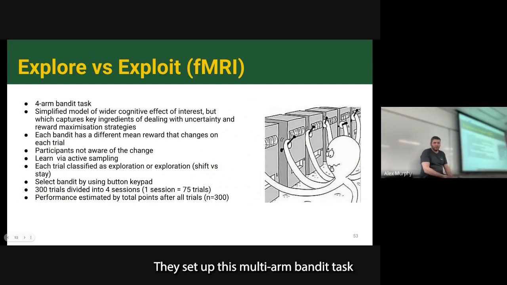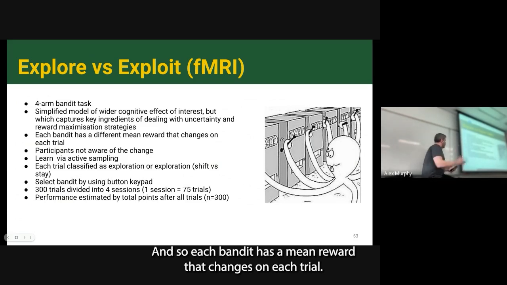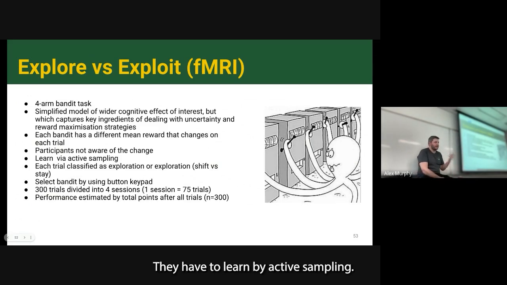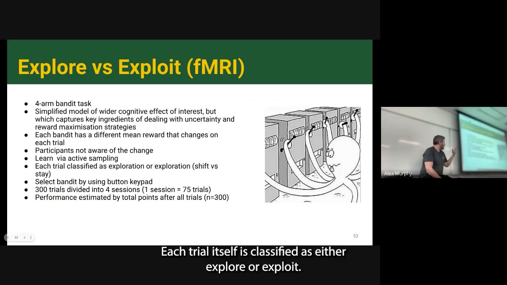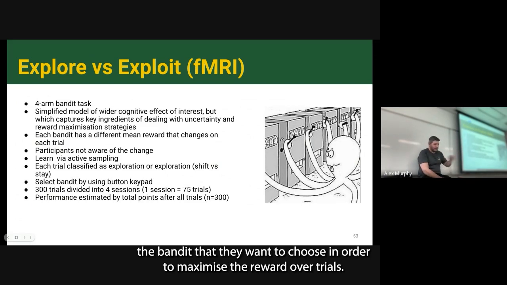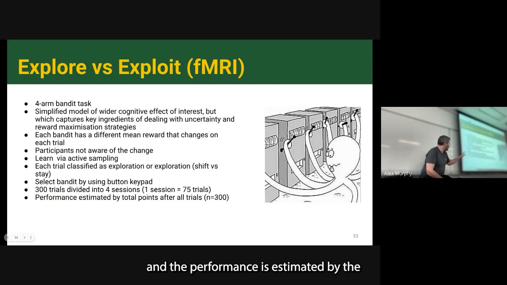They set up this multi-armed bandit task, which they claim is their simplified model of the wider control effects of interest, what they wanted to monitor. Each bandit has a mean reward that changes on each trial, but the subjects aren't told that the change is happening. They have to learn by active sampling. Each trial itself is classified as either explore or exploit, shift versus stay. And they are selecting the bandit they want to choose in order to maximize the reward over a trial. The 300 trials are divided into 4 sessions, and the performance is estimated by the total amount of points